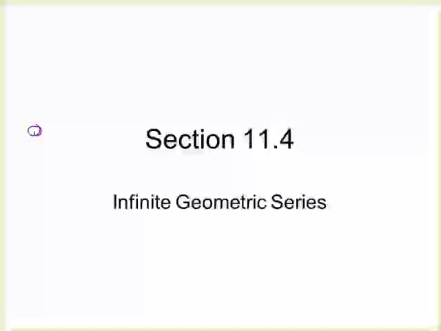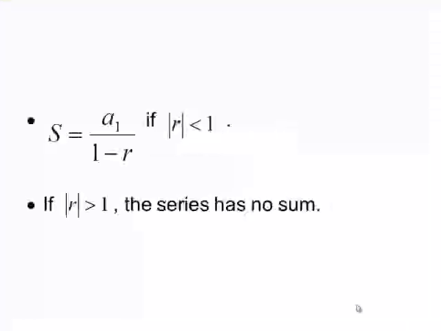Infinite geometric series. So what does infinite mean? Does not end. What does geometric mean? Power. The rule has a power in it, but term to term we are multiplying by the same thing. So if we are multiplying by the same thing over and over and over, and that thing, the ratio, happens to be between -1 and +1, or its absolute value is less than 1, so something like a half